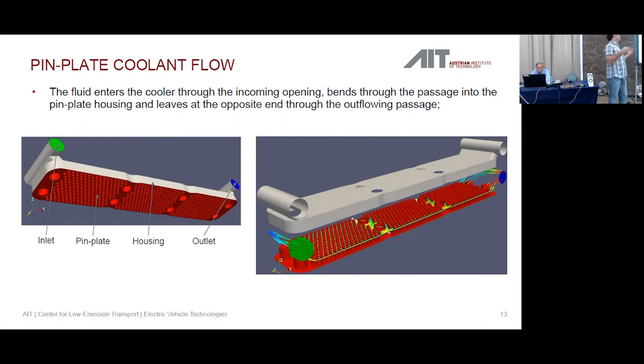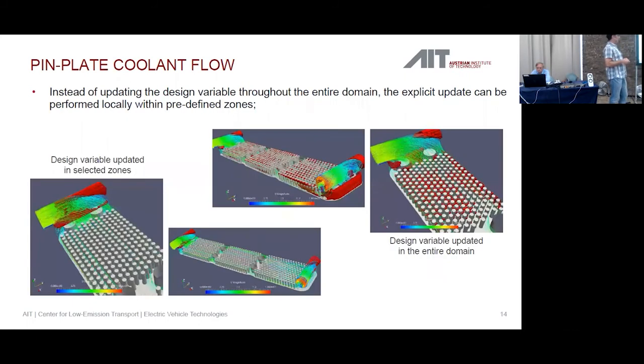If you would want to optimize something like this, I guess you would play only with the entrance and the exit section, while the pins themselves you would optimize probably differently, separately, not on this scale. But in this case, you have what you have, and you are just asking yourself, can I get it a little better just by improving the inlet part? And since the update is up to you to decide how and to which extent to use,